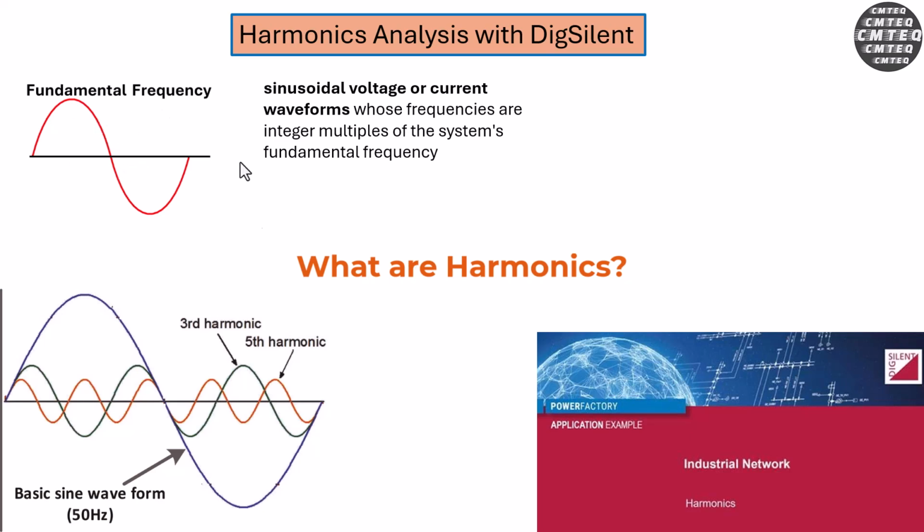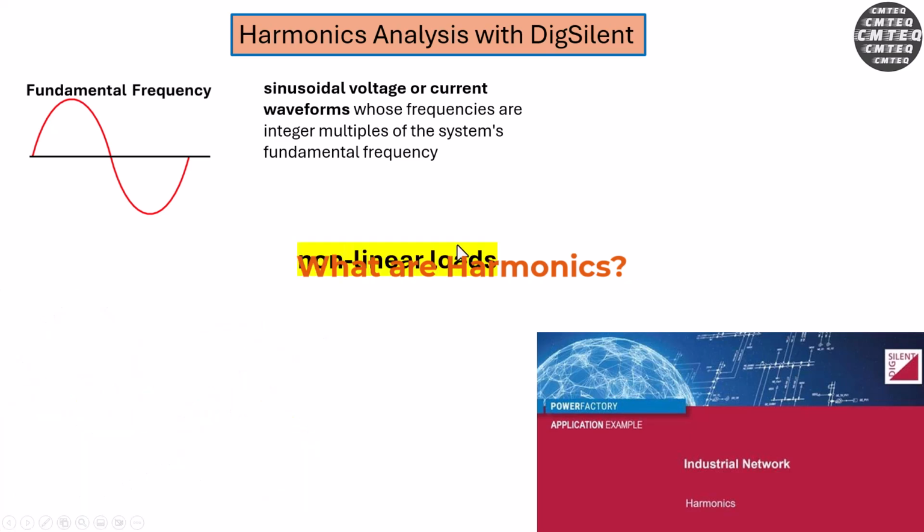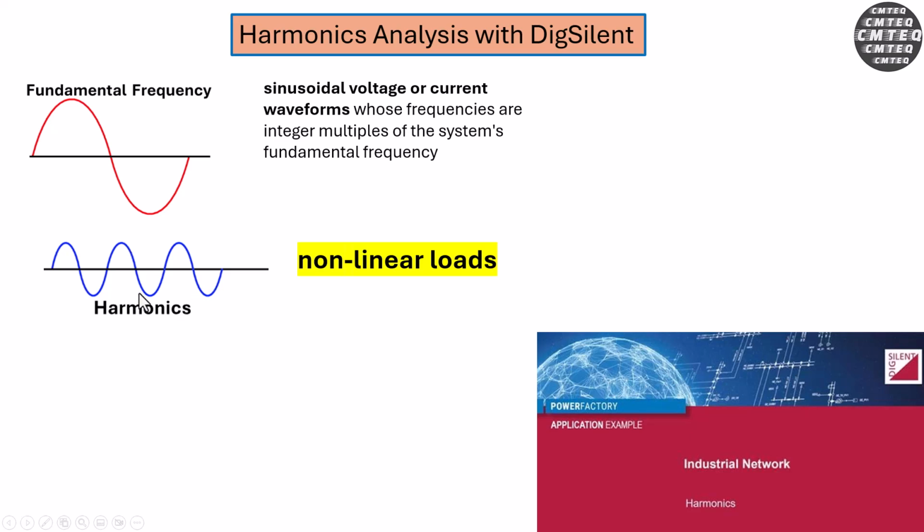Now, these harmonic currents are basically caused by non-linear loads, right? Non-linear loads, we're going to look at that in a moment. They're basically loads that don't follow your sinusoidal waveform, okay? They try to deviate from the fundamental frequency, and they introduce frequencies that will look something like this, and as a result you're going to have a resultant waveform that will basically embed these harmonic waveforms into your fundamental